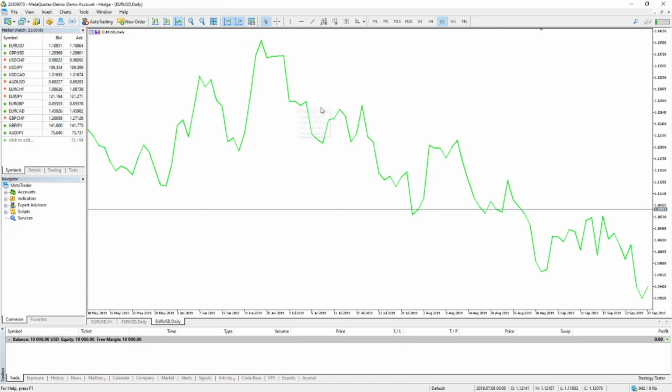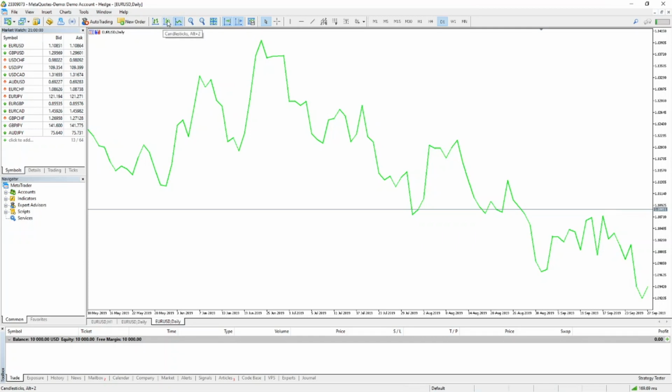This is a line chart or line graph, and you see that it's a continuous price. So it is very hard to understand what the price is right now, or how can we analyze the price. So for that, what we do,